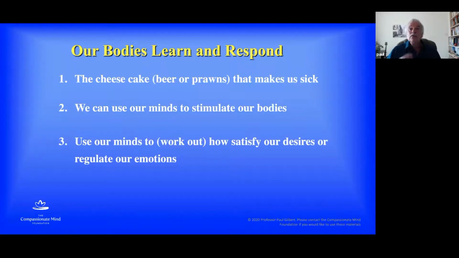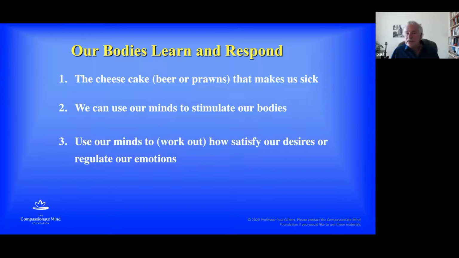So the body will respond very quickly, because that's what it's designed to do, because you're triggering those algorithms, those patterns in the brain. So we can use our brains to notice these experiences, but also to stimulate different processes, such as when we do our breathing and we deliberately focus on different processes that allow us to settle and bring some balance to that threat system, because that's what we're trying to do when we get very stressed, is to bring some balance to the threat system as best we can.